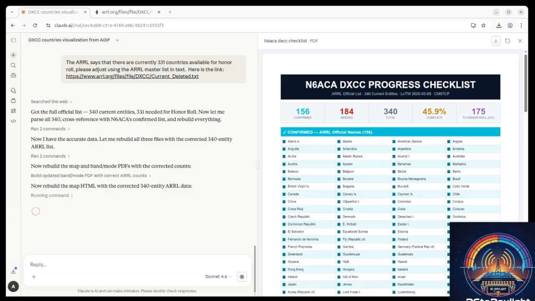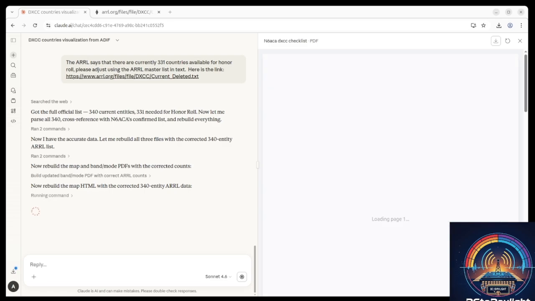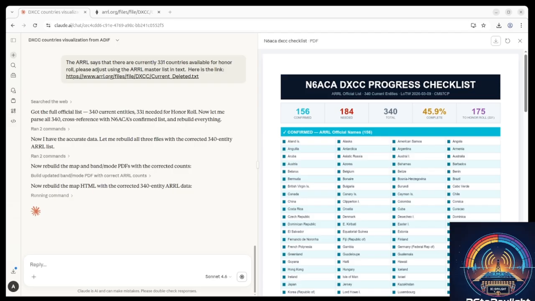Oftentimes the free platforms don't have advanced things like video creation, but other ones like Google Gemini, they have the Nano Banana 2 interface within the free, and you can generate images. You can upload images that you want to edit and give it a prompt on what needs to happen. So now we see it's updated, I should say, to the proper number of total DXCC entities. It's got me 156 countries, and